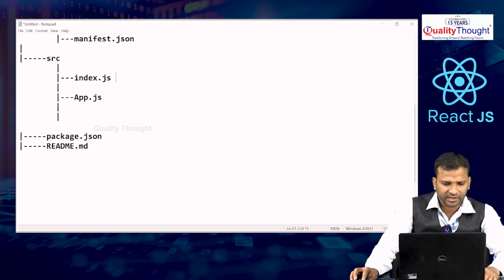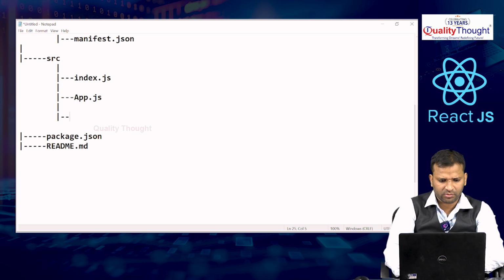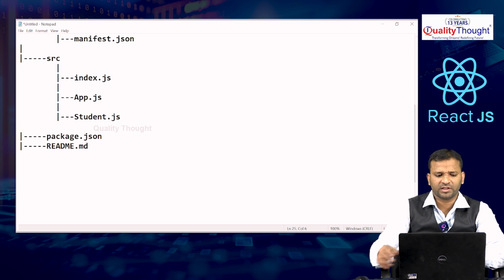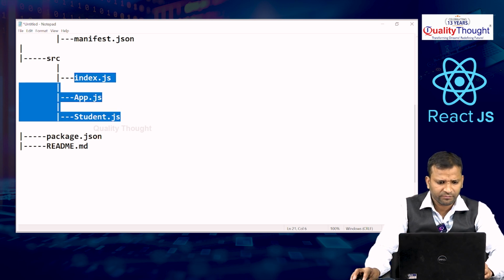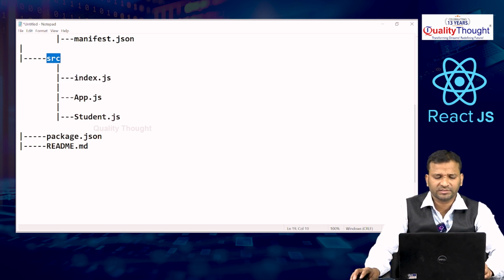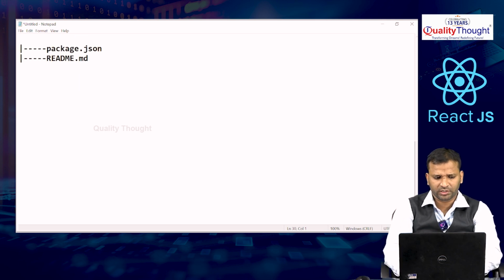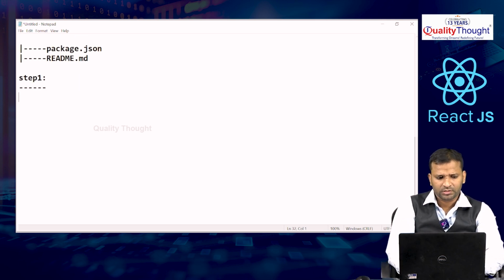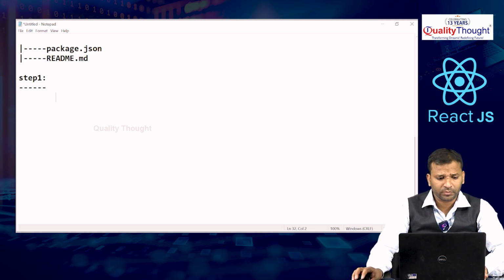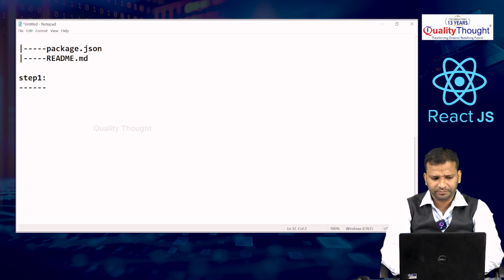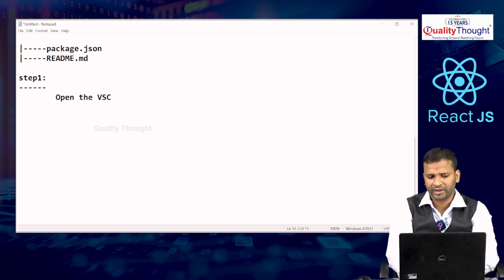What I require is index.js, app.js, and one more, student.js. These are the three different files we are taking inside the src folder. Now we need to create the project. So let's start with step 1. Step 1 means I will open the VSC code editor